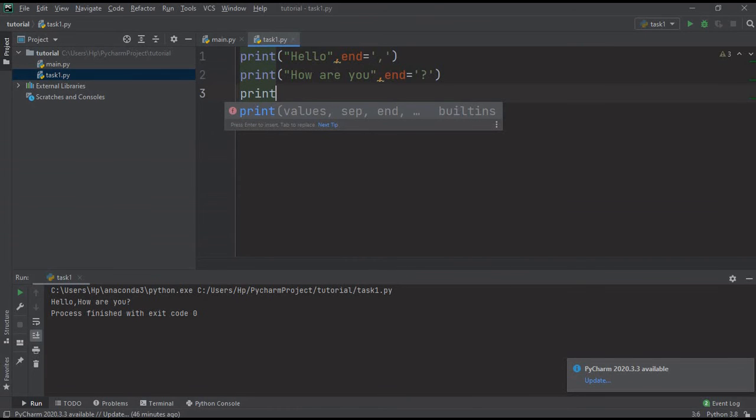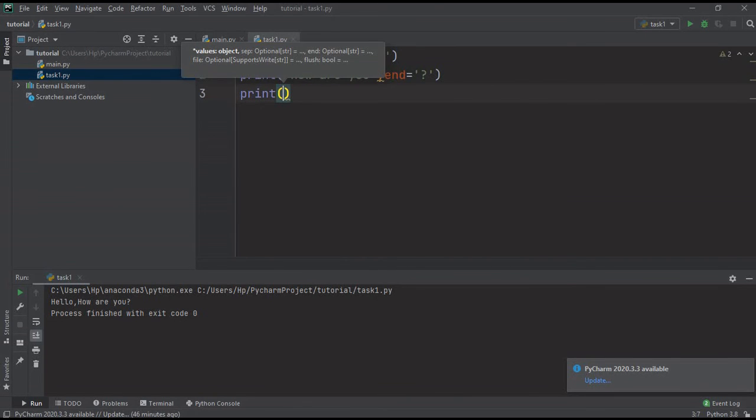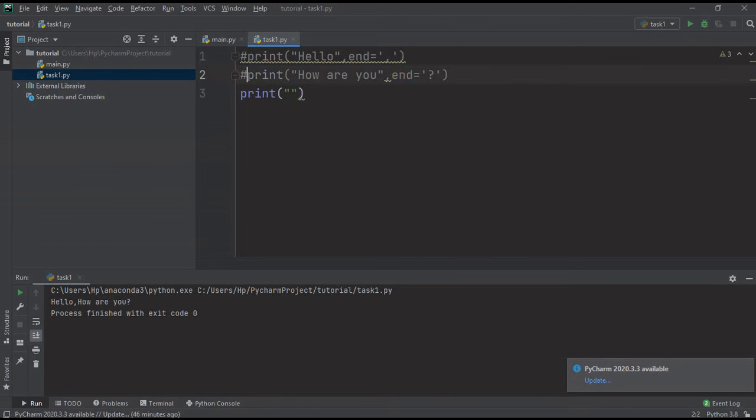And also suppose you want to print messages like this, print. Now what I'm going to do, first of all I think I should put the previous statements in comment. And now Java, \n, PHP, again \n, and Python.